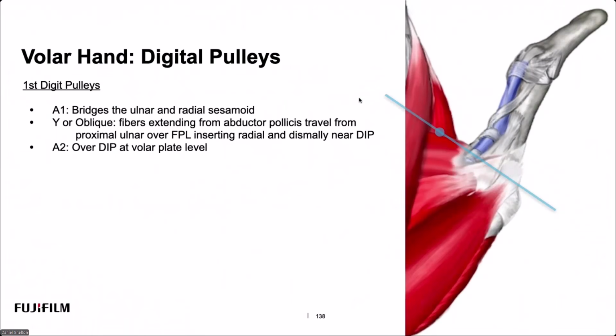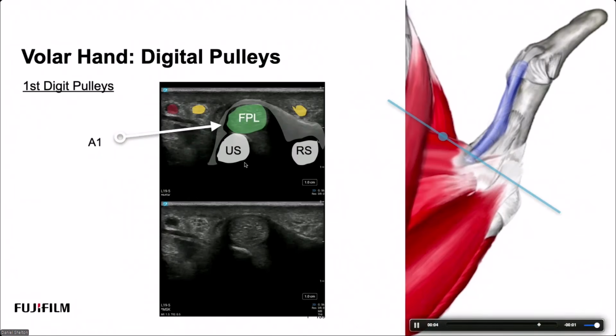On the volar part of the first MCP joint, we have some varying anatomy here for pulleys of the thumb. The A1 pulley is very similar to looking at the rest of the hand, except it's going to bridge a gap between two sesamoids. We have an ulnar sesamoid and a radial sesamoid. The ulnar side sesamoid is towards the palm. The radial side sesamoid is towards the outside of the thumb. You're going to bridge the gap between those two, tilt rock your probe until you get this big dark umbrella. That whole web is basically a large network of pulley combined with the collateral ligament anatomy.